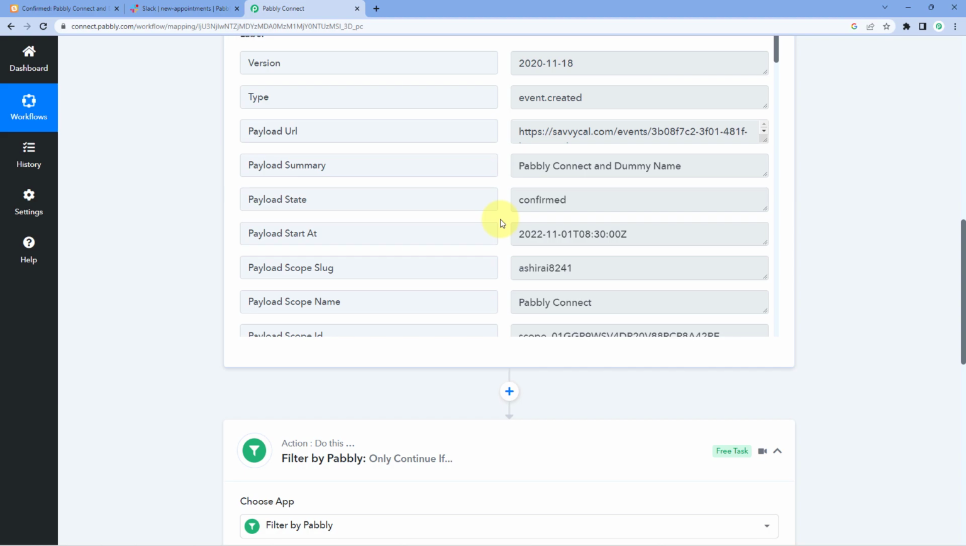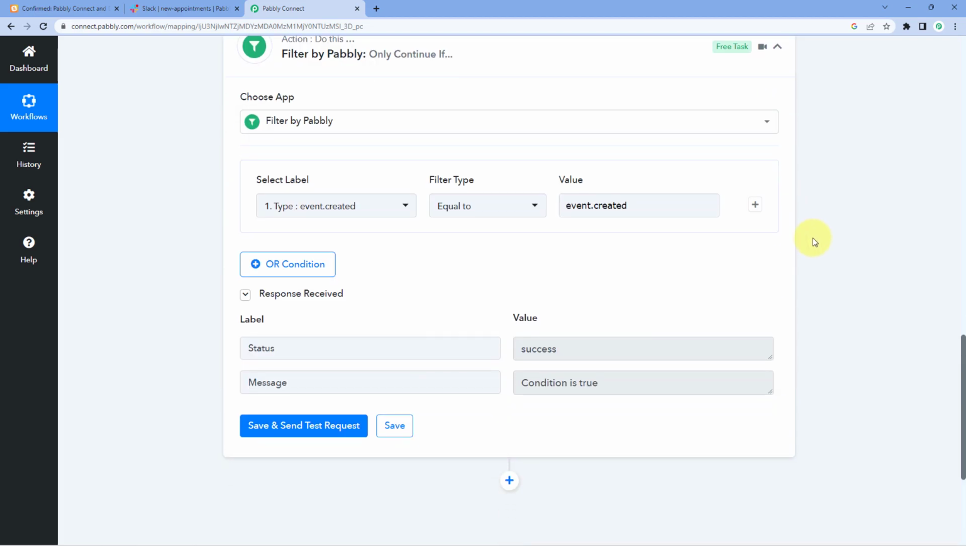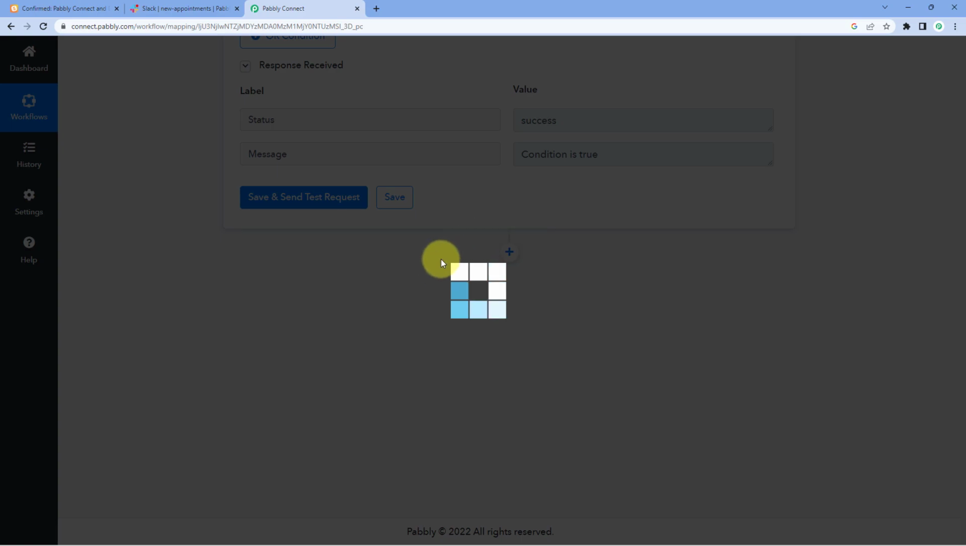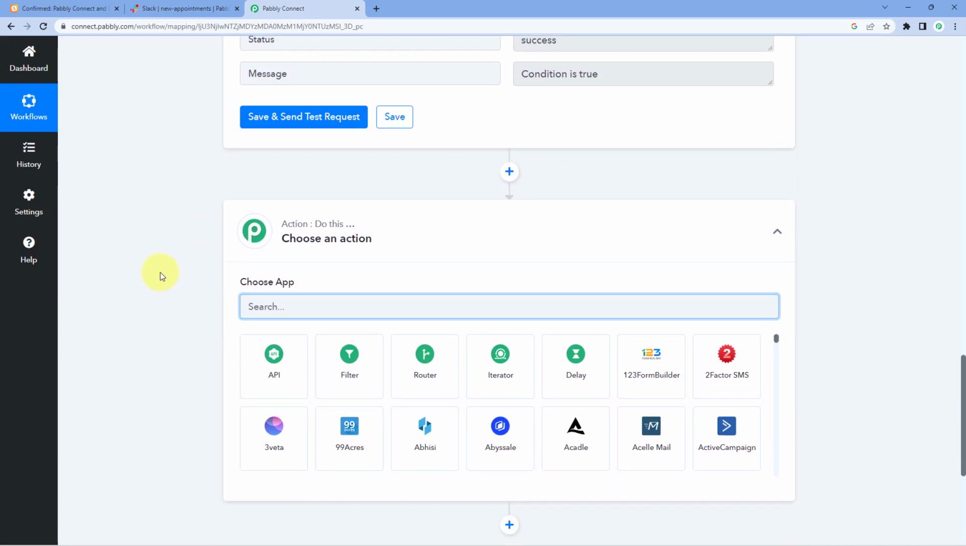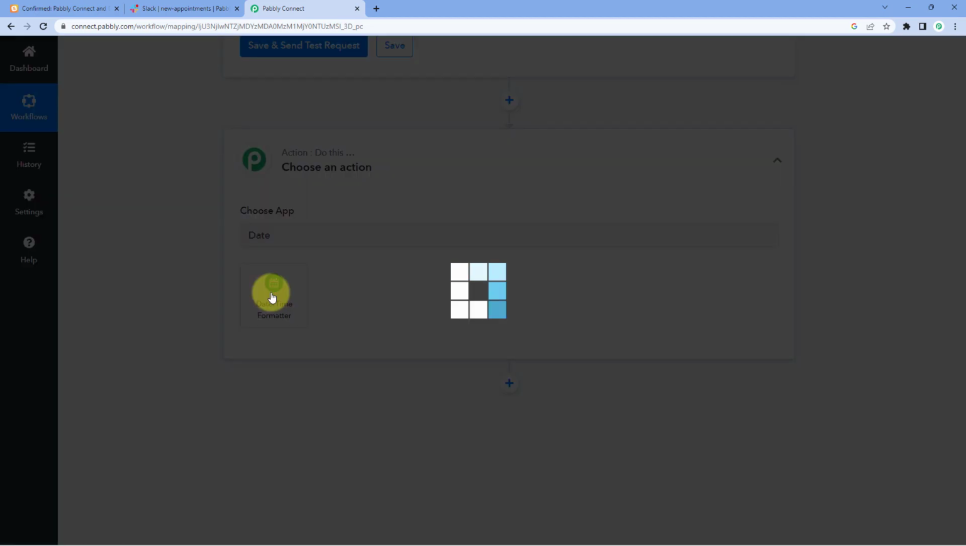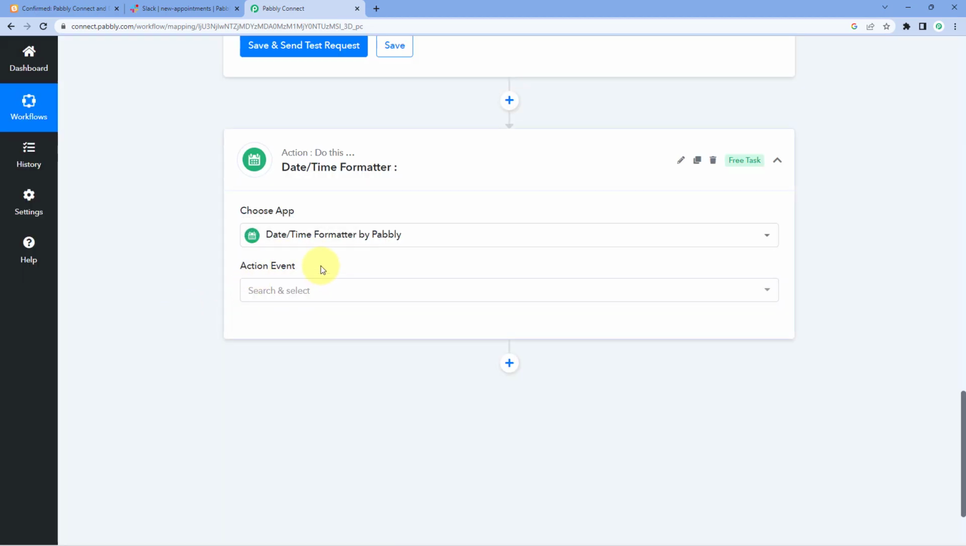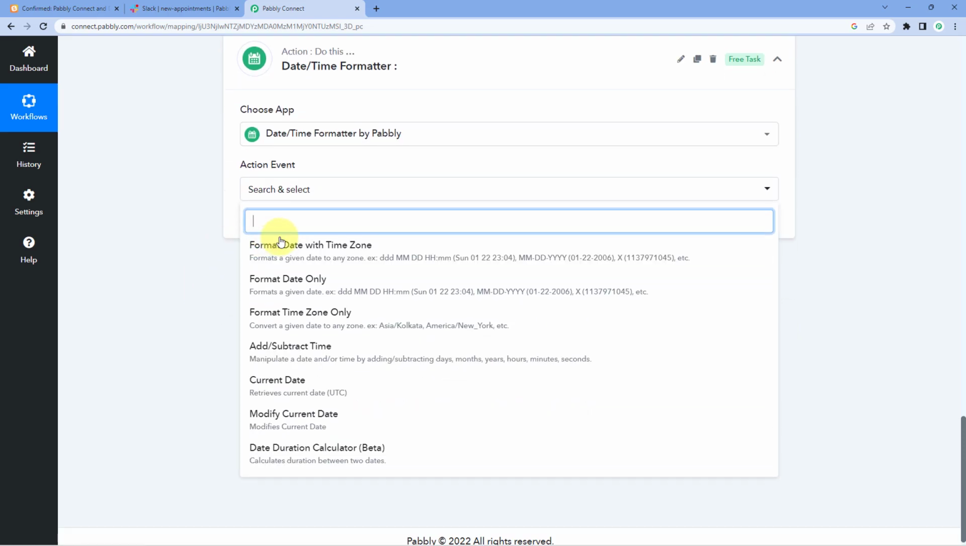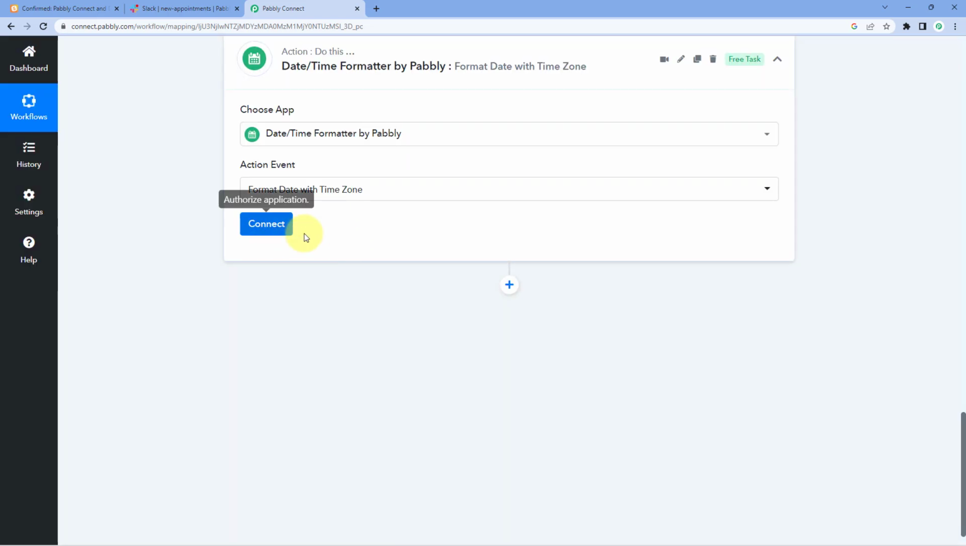And using that feature, guys, we are going to change the format of the date and time of this particular meeting start date, and also we are going to change the time zone. To do so, we will just scroll down and click on this add action step button over here. And here in choose app, we will search for date time formatter. Select date time formatter. After that, in action event from the drop down, select format date with time zone and